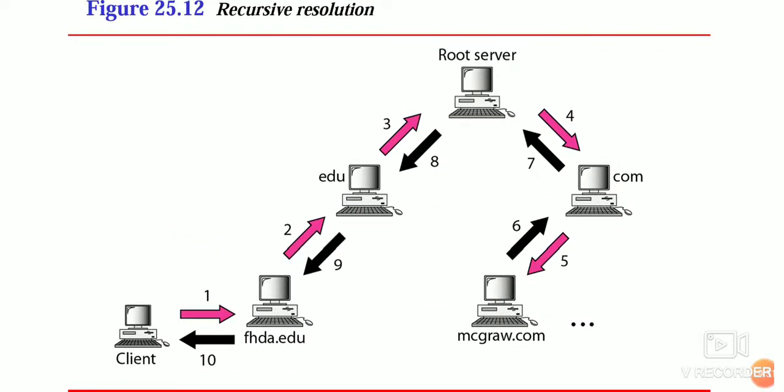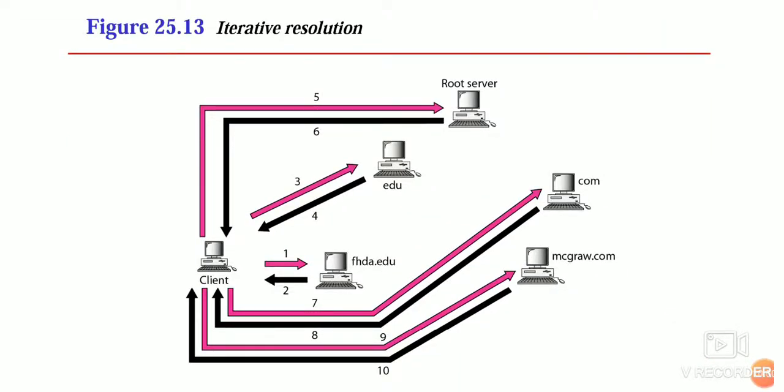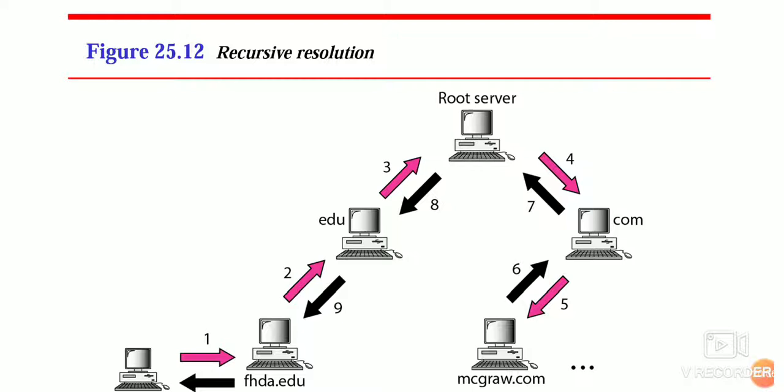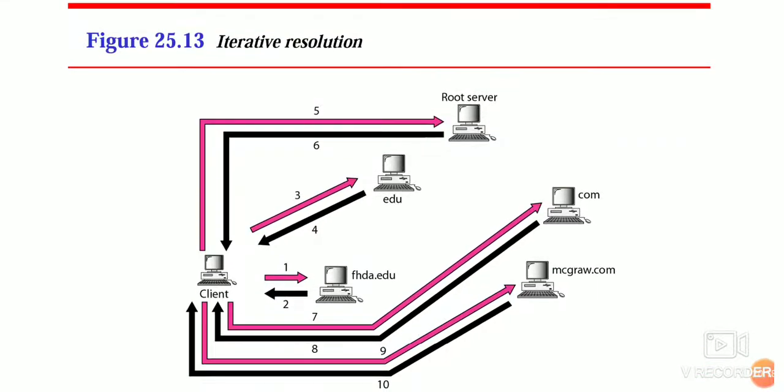See, in the earlier case, all the servers are directly connected, and the client is making only one request. But in the second case, the client is making multiple requests, iterative requests. So this is called iterative resolution. In the first method, recursive resolution, the recipient who receives the request from the client takes the responsibility of forwarding the request to the next level. But in the second method, iterative resolution, the client is responsible for everything. Only the reached server will give you the address to reach the next one, but it is the responsibility of the client to reach the exact location.